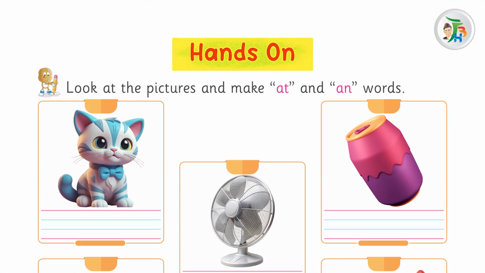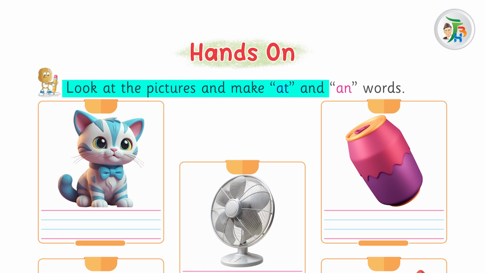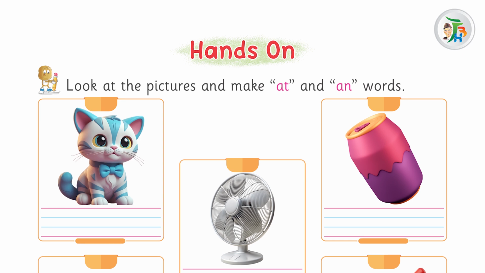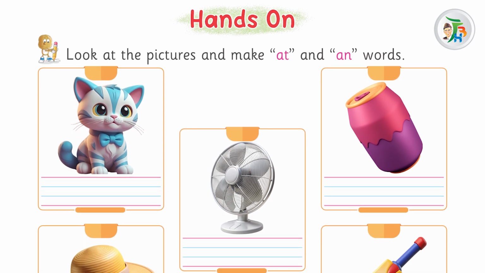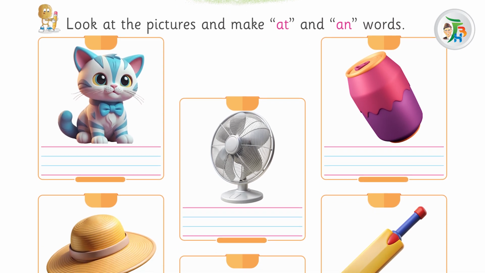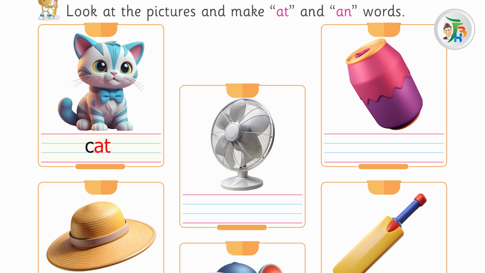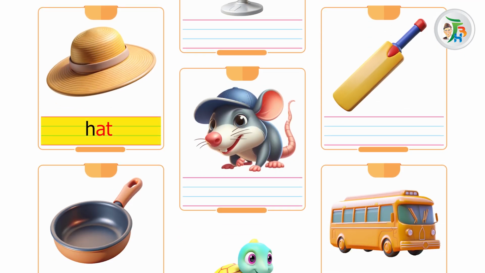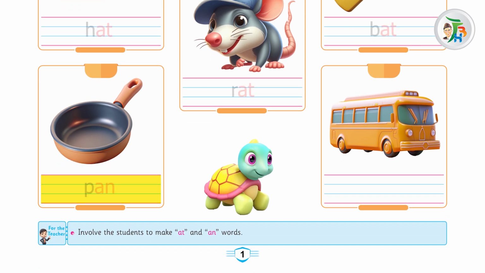Hands on. Look at the pictures and make at and an words. K at cat, f an fan, k an can, h at hat, m at mouse, b at bat, p an pan,